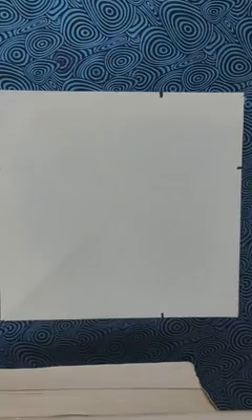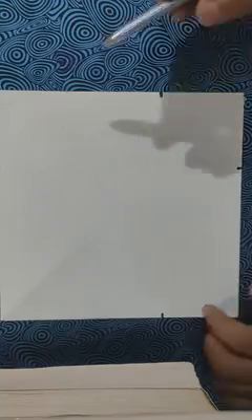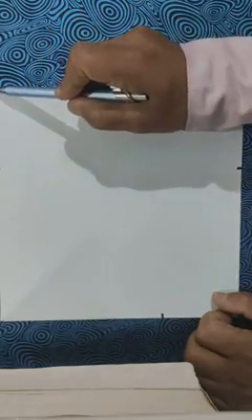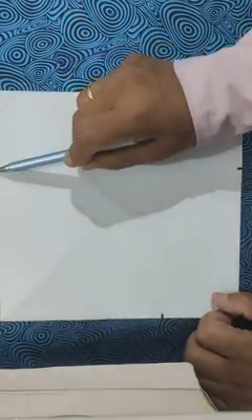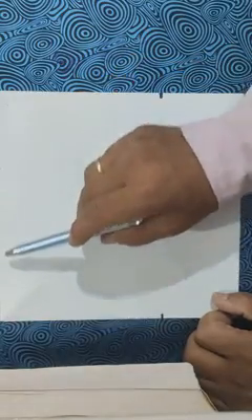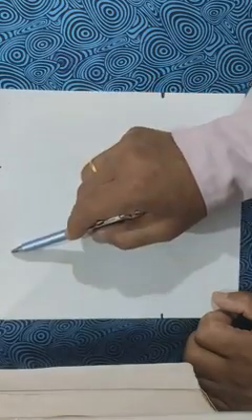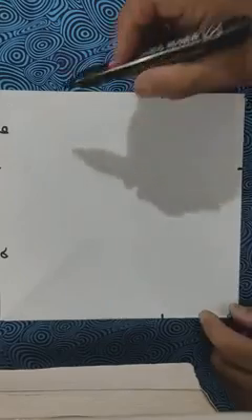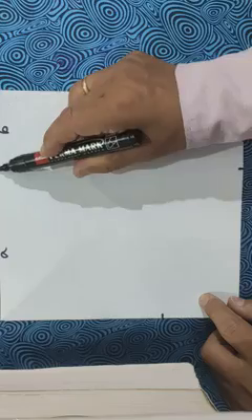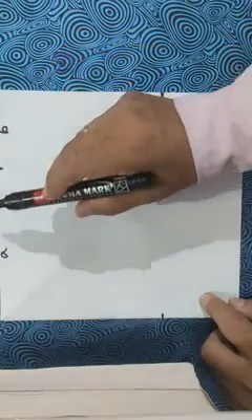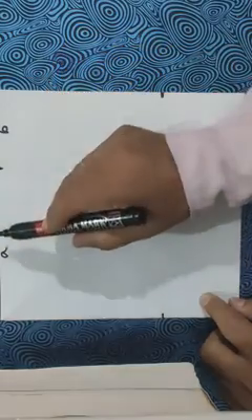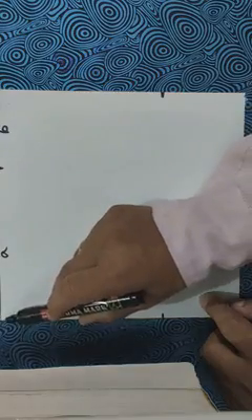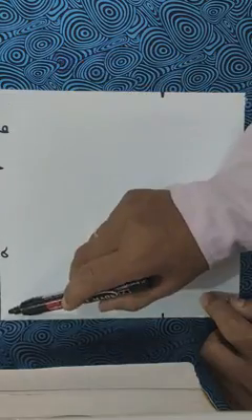See, here I have already marked 4 points. This is the first point, at a certain distance from this corner and from this corner. Say this distance is A and this distance is B. The distance of this point from this corner is B and the distance of this point from that corner is A. So this is A and this is B, and wholly from this corner to that corner it will be